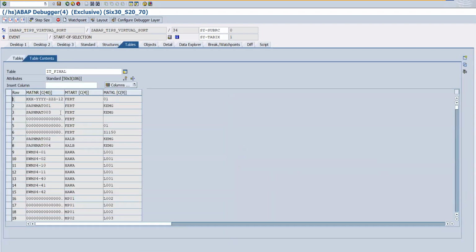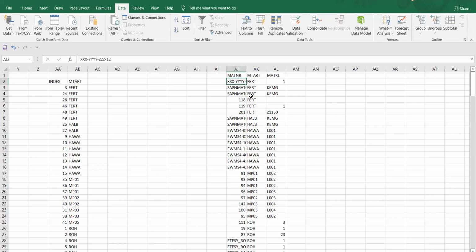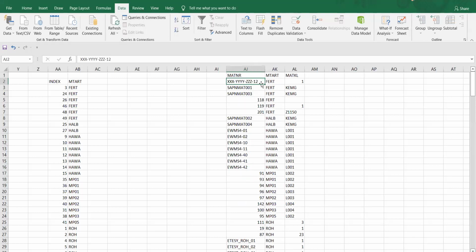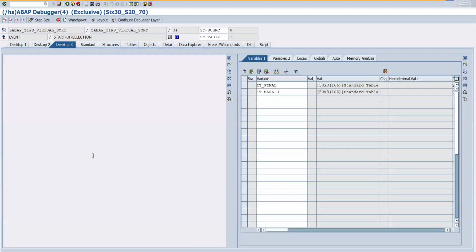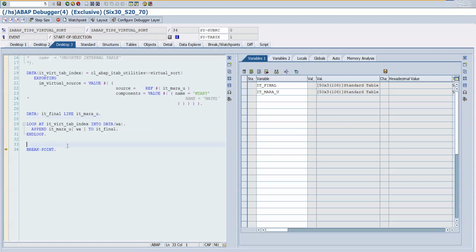IT_final sorted data. See here, FEIT, and in the same way, right? You also have 12 FEIT1, 12 FEIT1, like that. So this is how you can format it at last. But now you will say that